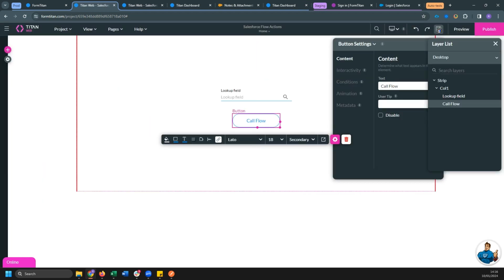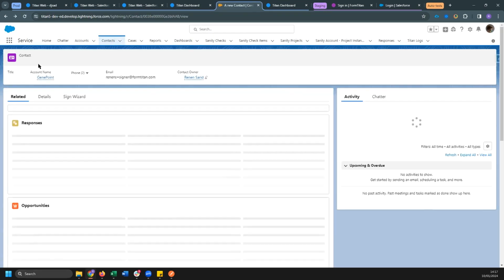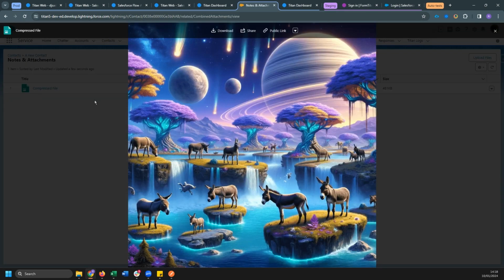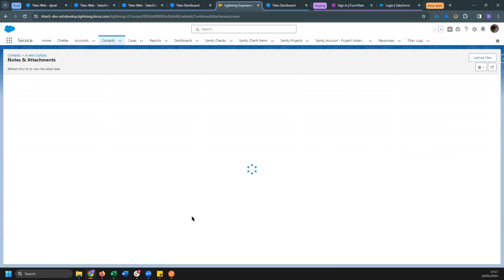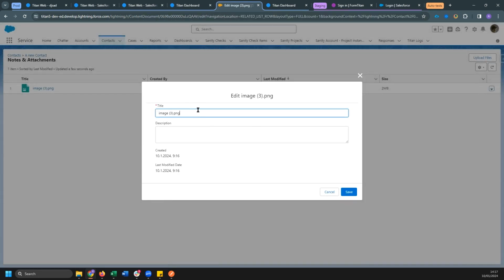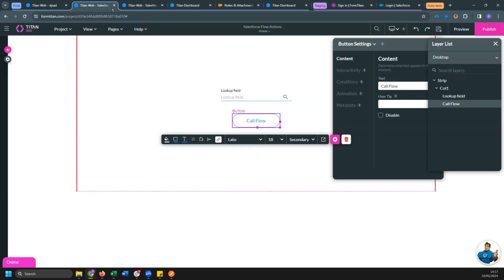So let's quickly find a contact in Salesforce. So we have this contact here called a new contact, and it has this 2 megabyte image attached. So what I'm going to do is I'm going to go to View All, and I'm going to rename this. I'm going to call the image Compress Me. There we go. So now we can head back over to our web project